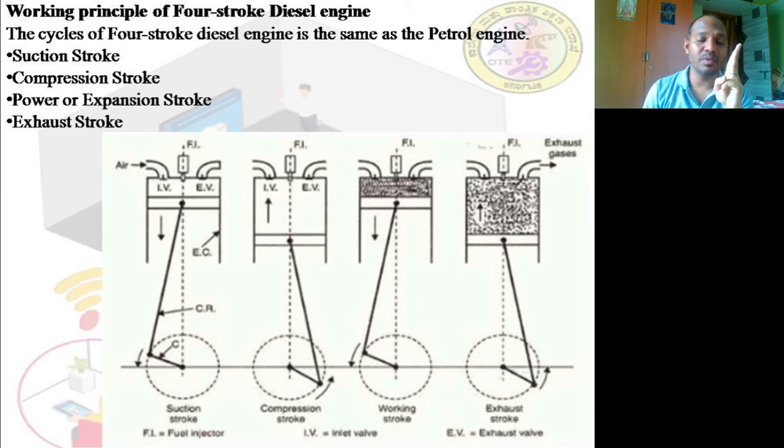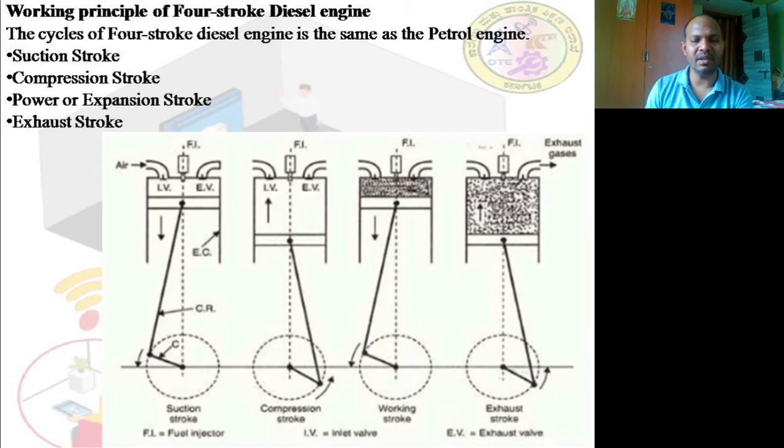Third point, I'm so sorry, actually I have not mentioned, both the inlet and outlet valve will be closed. Is it clear? So because of that, what happens? Due to the rapid combustion, it exerts a vertical thrust or a pressure or force on the piston head, makes the piston move downwards. That will be the fourth point, making the crankshaft or the flywheel make half a revolution. Is it clear? So this is the third stroke, the working stroke.